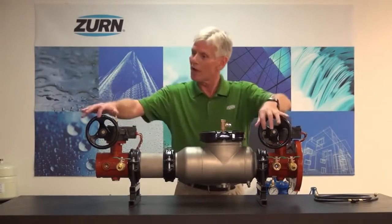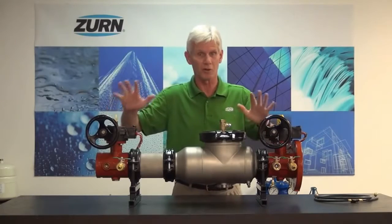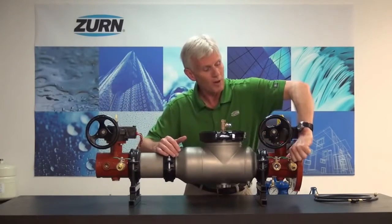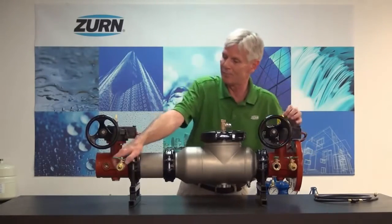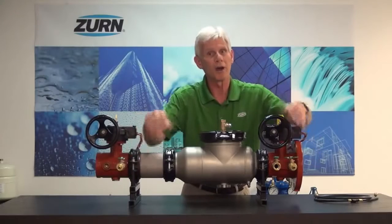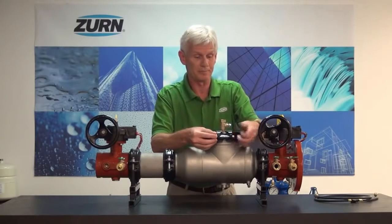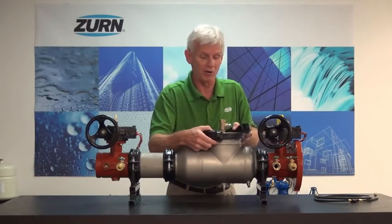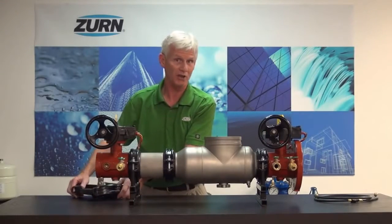So first, we want to go ahead and shut off our shutoff valves. That'd be the normal thing to do. We've got to close it off so that we don't have any flow going through it or any pressure. Next, we want to open our test cocks so as to bleed the pressure out of the valve. Once we get the water drained, pressure out of the valve, we can go ahead and remove our inspection cover. The inspection cover is what allows us to get into where the checks are actually housed. So by removing this cover, now I've exposed the area where the checks are actually housed,